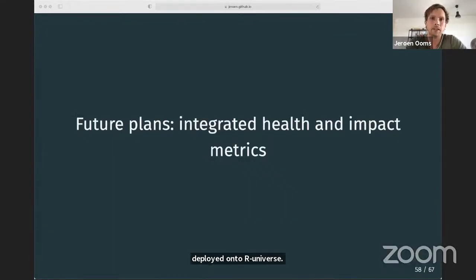All right, so this is basically the current state. So this is what we have right now. We have just started this and we really want to build it out. We have many ideas for features we want to have. But one thing that we are working on and that I want to highlight is that we want to integrate various metrics about packages that may be good indicators about the quality and the health and the impact of research